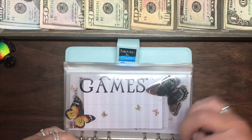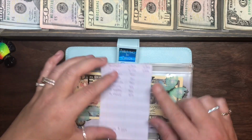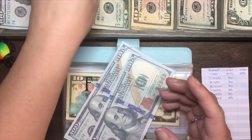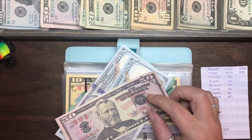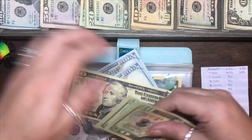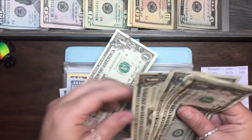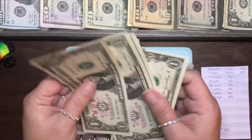Now family, we still had $224 that we needed to meet to make this reach that goal. So 224 is going to go in here. So 100, 200. I don't have a 20, so I'm going to have to make change as suspected. Swap that out. Keep one of those 20s. Put the 10 here. All right. So 224. 1, 2, 3, 4. Perfect. And that will go into